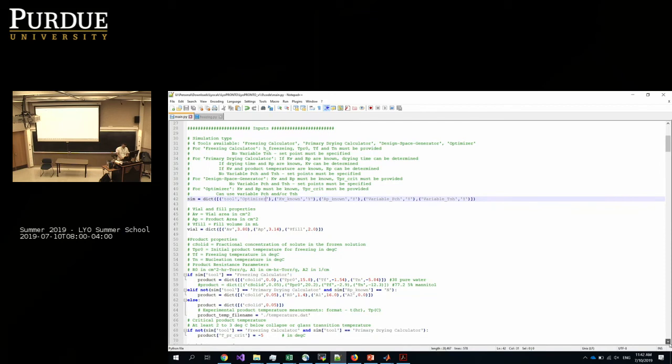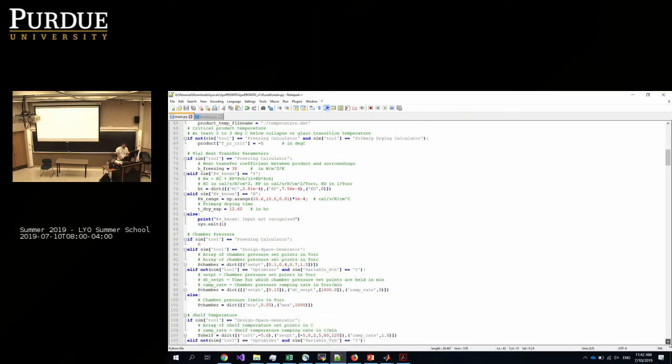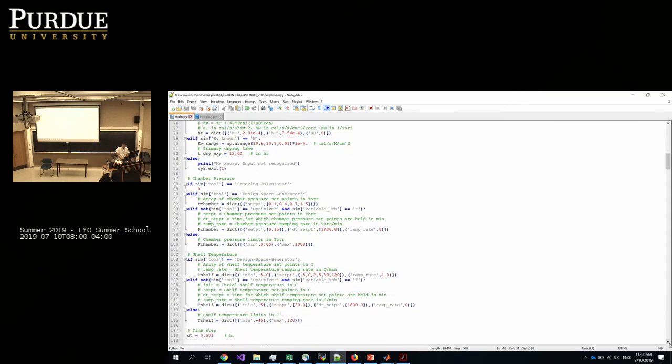The only thing we need to check is the other limits for the pressure and temperature. So we go to chamber pressure and we see what other limits. For the optimizer, we go to this part and we see that the minimum is 0.05 torr or 50 millitorr, and the maximum is basically not limited, almost 1000 torr.